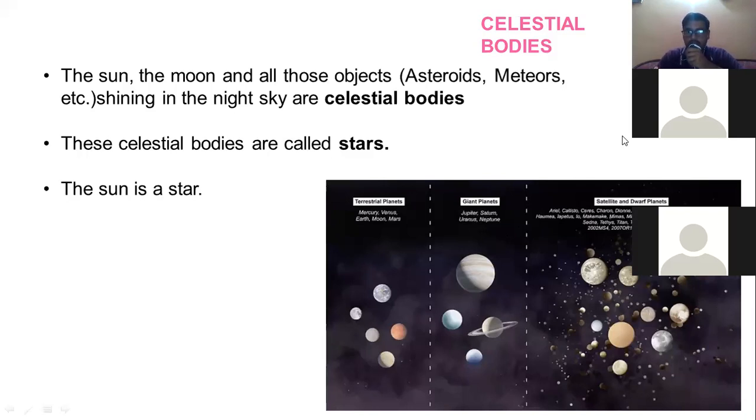Here, if you can see this picture, this is the satellite and dwarf image, and these are the planets. These small objects are the asteroids and meteors that surround the globe. And our Mother Earth is also surrounded by thousands of meteors and asteroids. When they come toward the surface, they create deep depressions, deep craters, on the Earth.